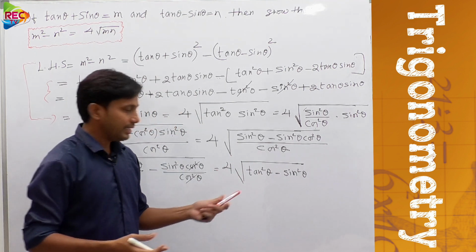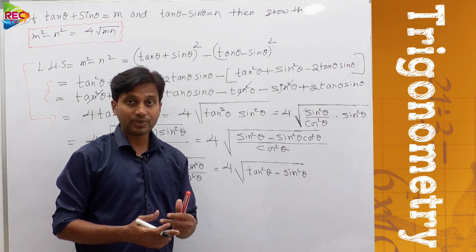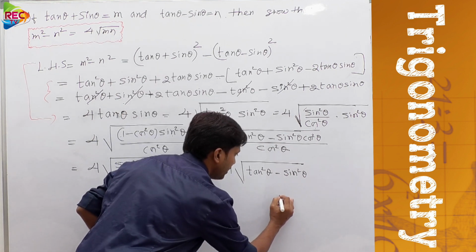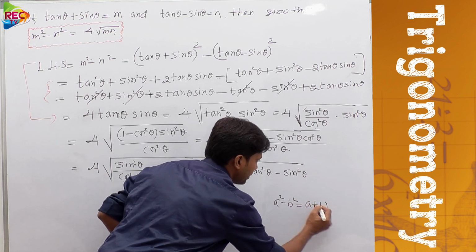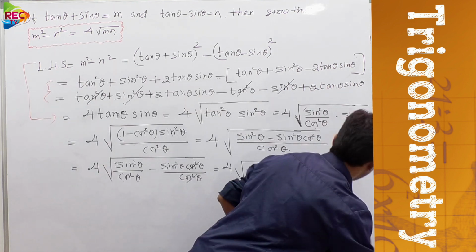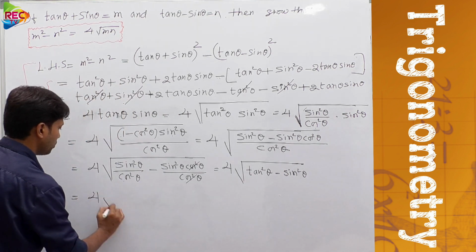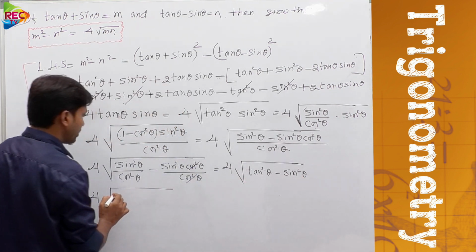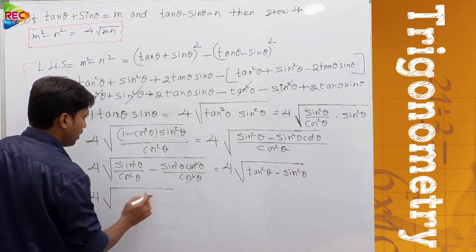According to algebra, again this is in the form of a square minus b square. So a square minus b square can be split into which form? A plus b into a minus b or not? Because a square minus b square is a standard formula that can be split into factors a plus b and a minus b, right? So we can split it like this, exactly. So how to split them? Here, 4 into square root of a square minus b square can be further split into a plus b into a minus b.